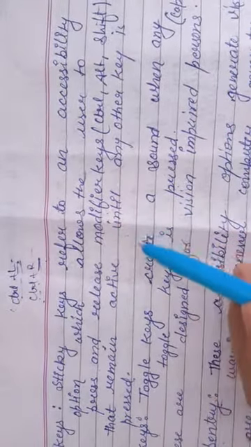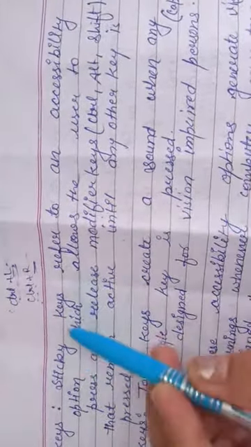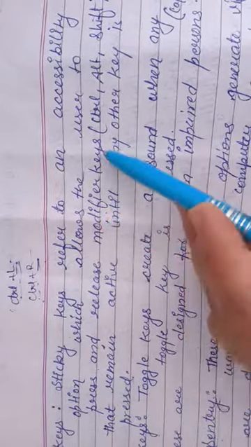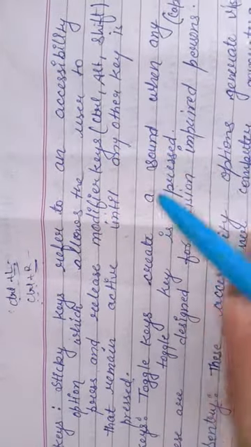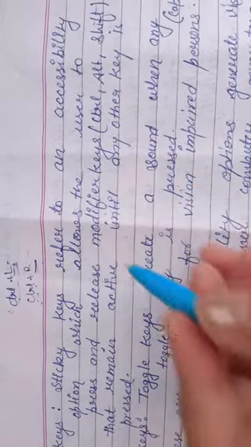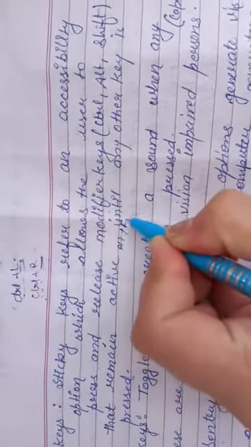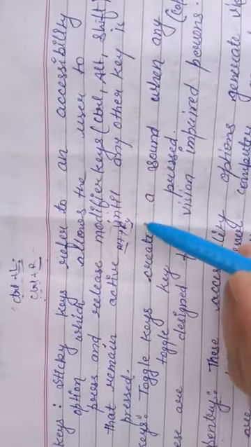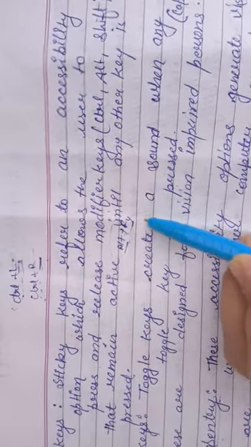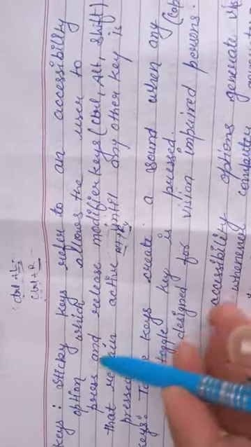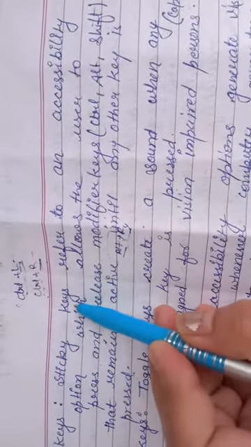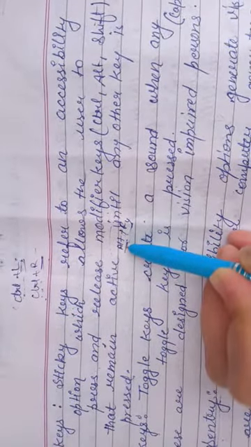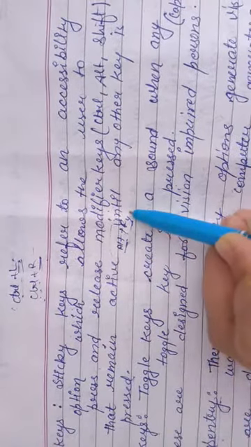Sticky keys will enable pressing modifier keys, and will keep modifier keys active until we press any other key on the keyboard. If we need to press Alt plus F4, in normal circumstances we need to press these two all together. But in case of impairment we are not able to press the two together, so for that purpose we have the accessibility option sticky keys. If we have turned on sticky keys, then at one time we will press Alt, and Alt will remain active until F4 is pressed.